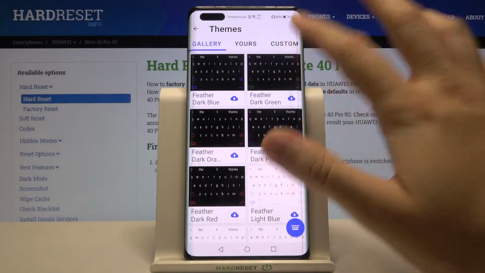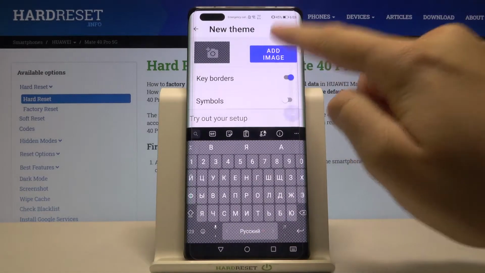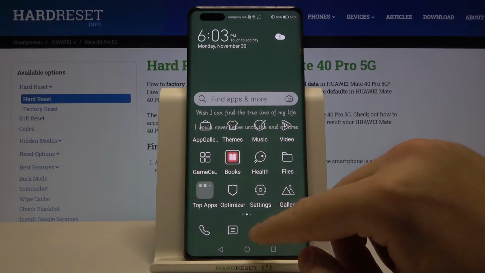Right now we have to go for the custom and the right upper corner, then click to start, click to add the image, accept all the permissions. And as you can see, currently we don't have any images on the smartphone, so we have to go for our browser,